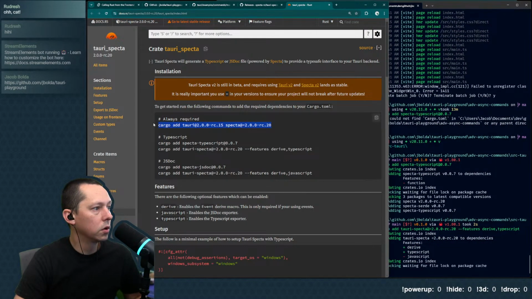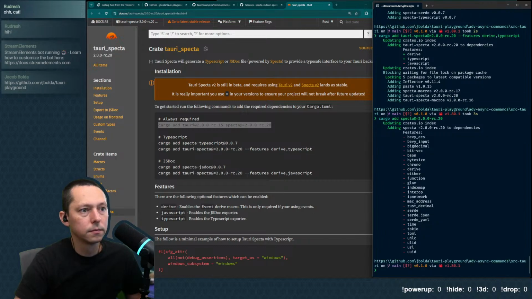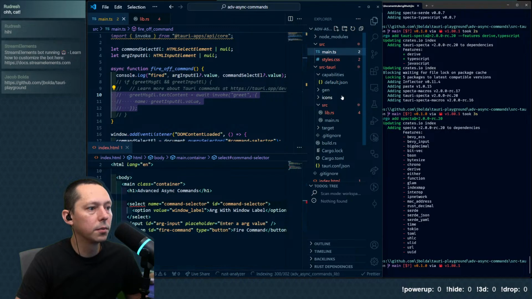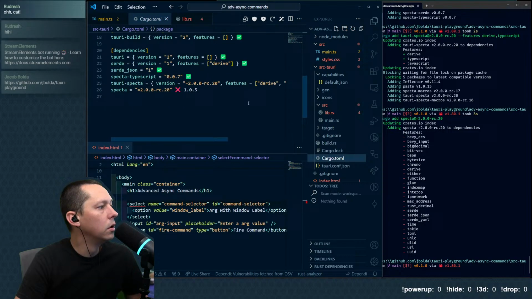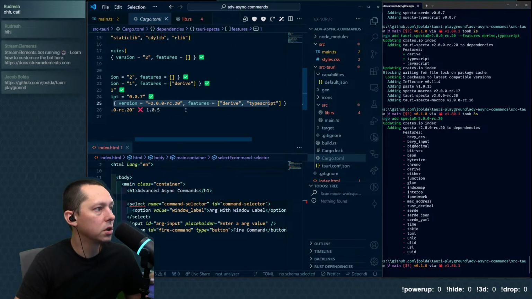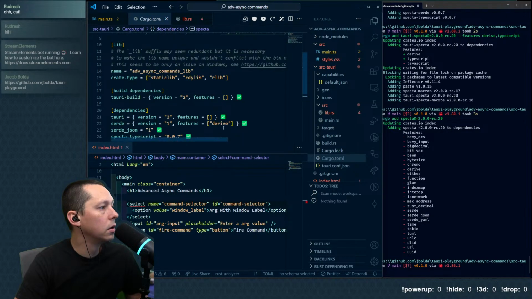I don't think we need to do the add Tauri though. So we're gonna go like this. And let's take a look at our cargo.toml now. So we have a Tauri Specta with a specific version and specific features, and a Specta.